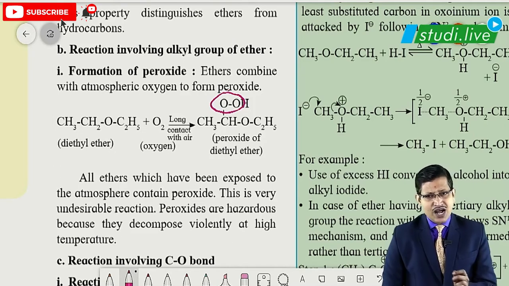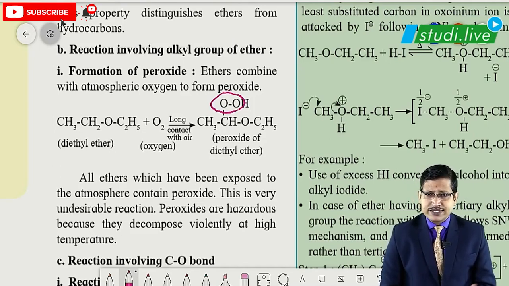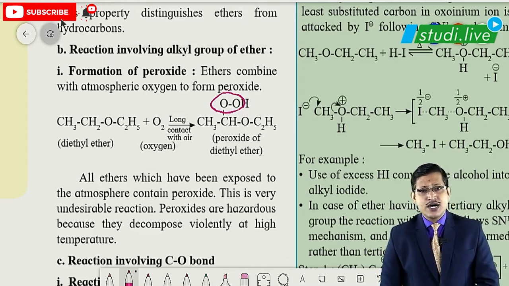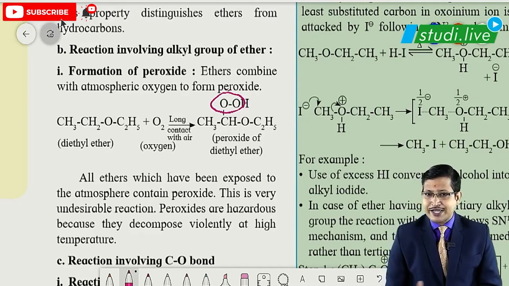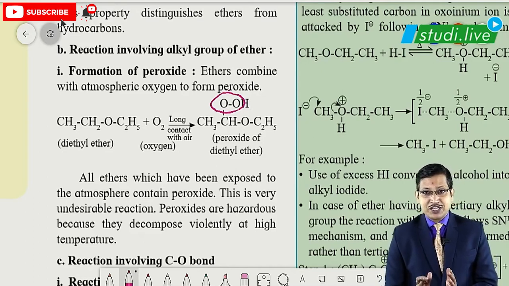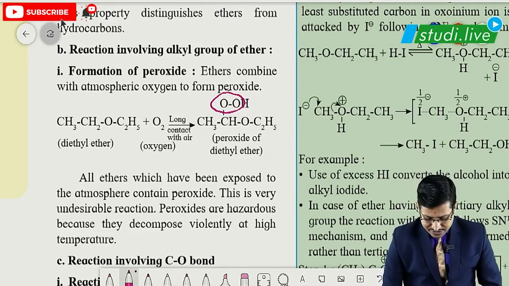And this is an undesirable reaction. Why do I call it undesirable? Yes, because peroxides are hazardous and they decompose violently at high temperature. So this is again a key point that we might miss out if we don't read the textbook carefully. The next reaction